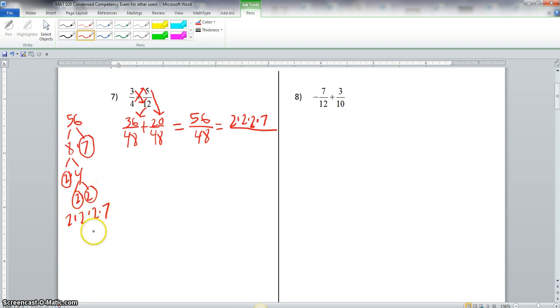Now the next number we're going to use is 48. So we'll take the prime factorization of 48, which is 6 times 8. Now we know 6 breaks down to 2 times 3. And 8, when we did 8 up here, we got 3 2's. So our prime factorization of 48 is actually 4 2's and 1 3. So we'll put that here, 4 2's